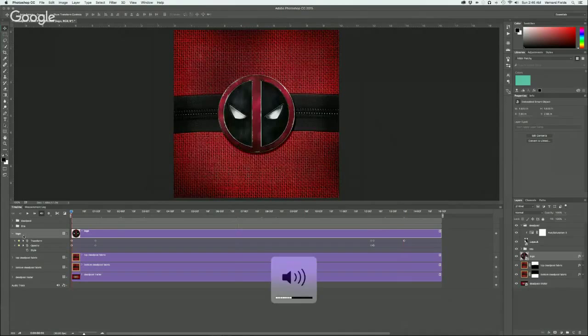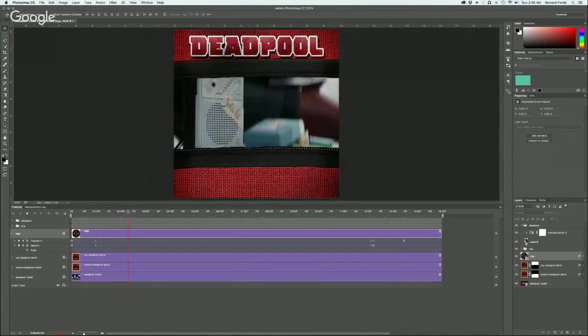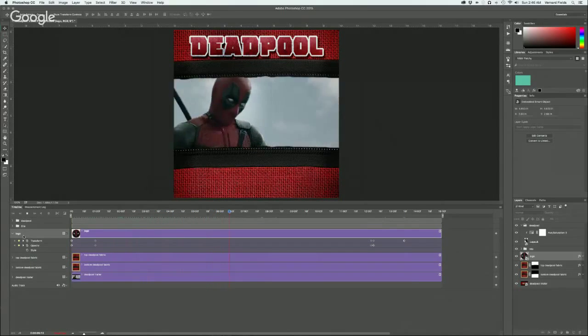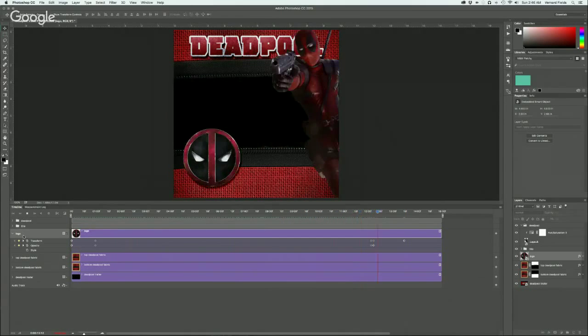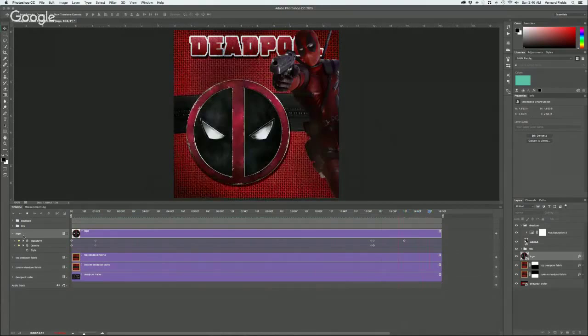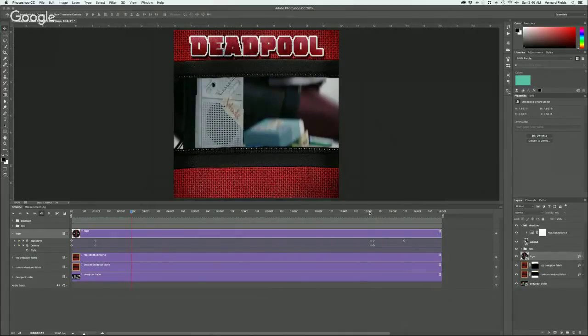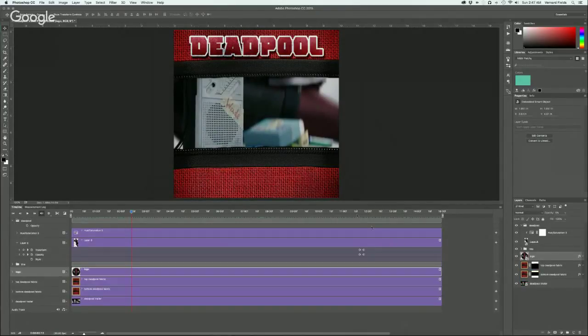So when I play this back, you see it goes through. It plays a little slow because it's trying to process all that. Does his thing, he pops up. And he popped in a little too quick. I don't like the way he popped in. He popped in so fast. My Deadpool guy. I wanted him to kind of fade in